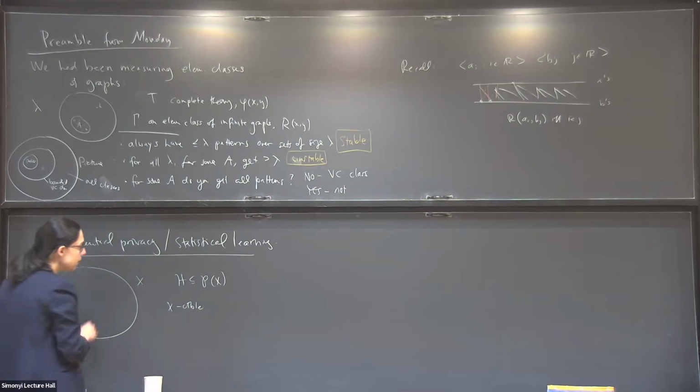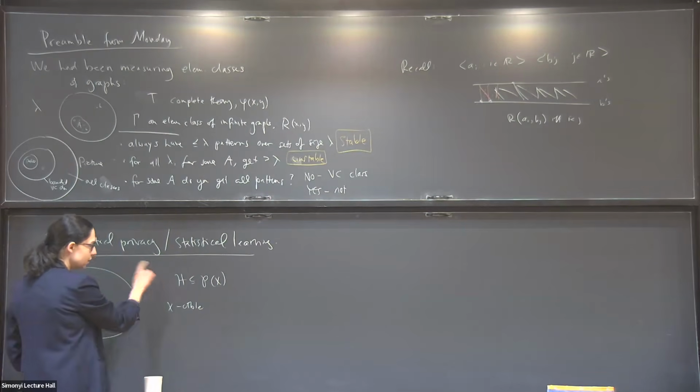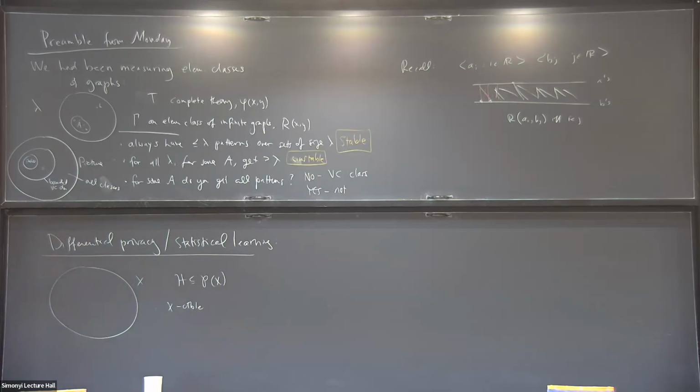And in due course, we'll also want to put probability measures over H, so we might as well say H is countable and we have the discrete sigma algebra and everything, but this is not necessary. This is just a simplification for the talk. Okay, so suppose that we have this collection of subsets, and we want to ask the question,